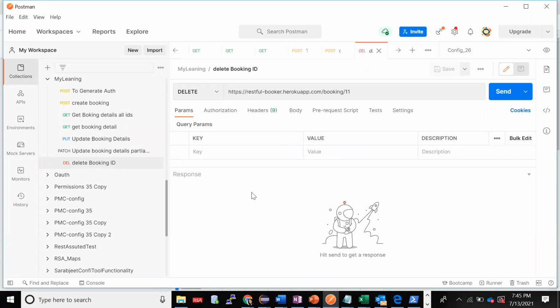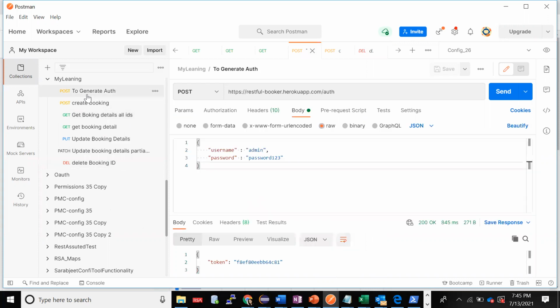Now how do we add a device or how do we book? Just think that in SpiceJet you're booking some ticket, right? We have to do so much circus, like go to UI, launch this URL, provide this detail, then click on this, do that. But here it is nothing. We'll hit some API, give the specific data, and that will happen.